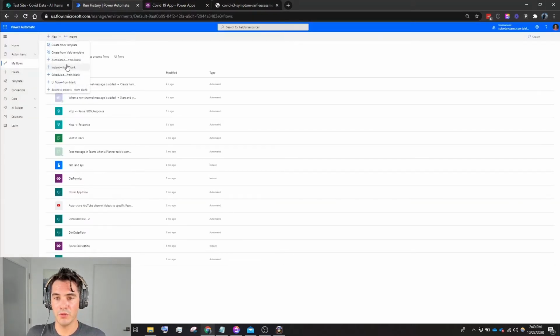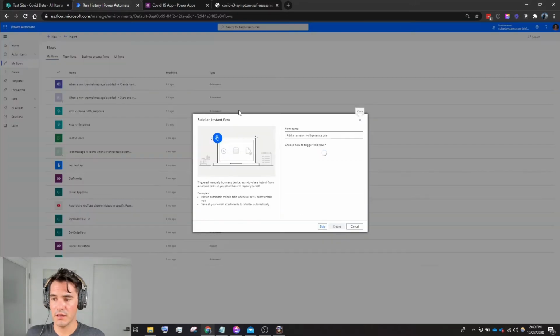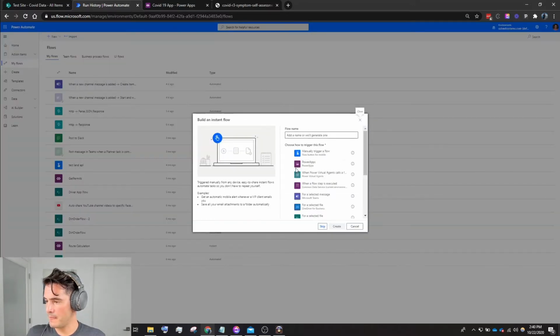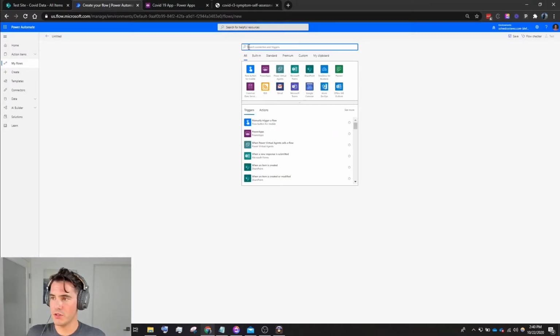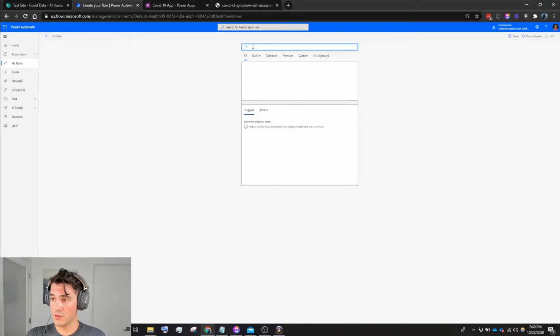We click New, and I call it Flow because I got started on it when it was in Flow, but it's Power Automate, as you should know. So drop down New, and then we'll click Instant from blank. We're going to click Skip. I don't like choosing options there. I'm not quite sure why. And then we'll set up our recurring trigger first. So type in